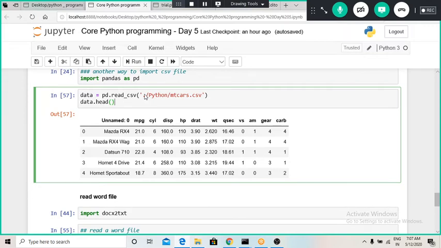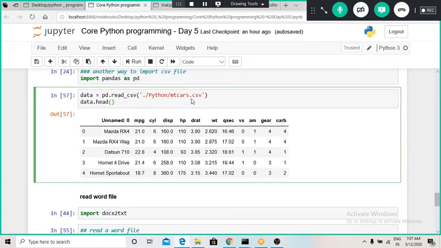If I am working in the Python programming directory and use the dot slash command, I can access all the folders stored in that Python programming directory. This is a shortcut way of accessing a particular file path.